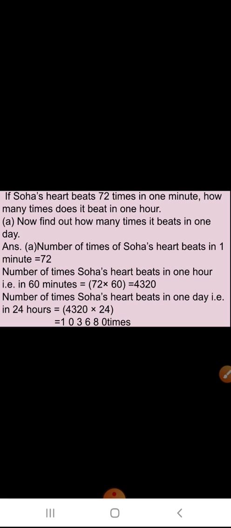Then you will write it and you will find for 1 day. Then similarly you will multiply by 7 and you will get it for 7 days. First of all you will find for 1 hour, that is multiplying by 60, and then you will find for how many minutes in 7 days. Is it okay?